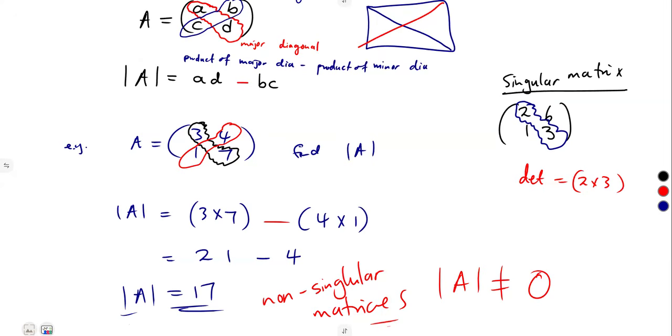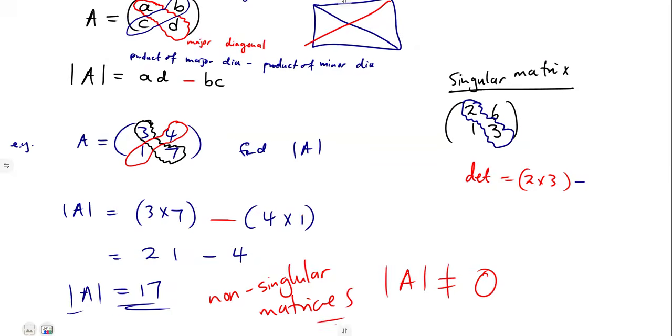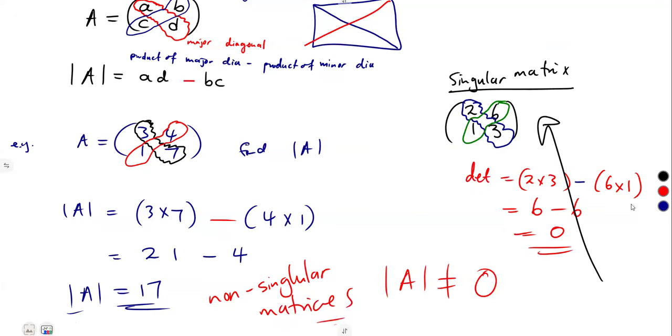Minus what is in the minor diagonal, which is 6 versus 1, 6 times 1. So this is what you're going to have: 2 times 3, that's 6, minus 6, which is 0. So the determinant giving us a 0 alone tells us that we are dealing with a